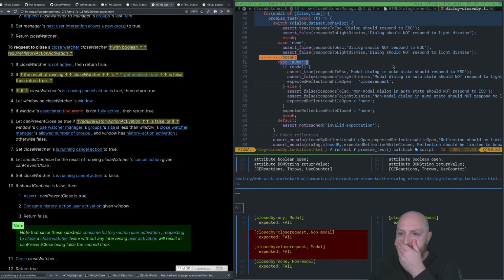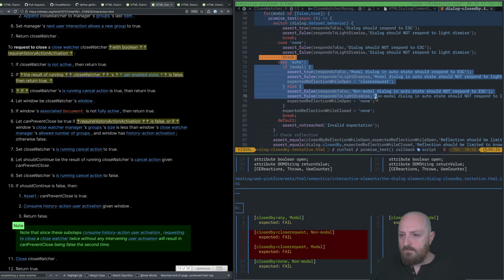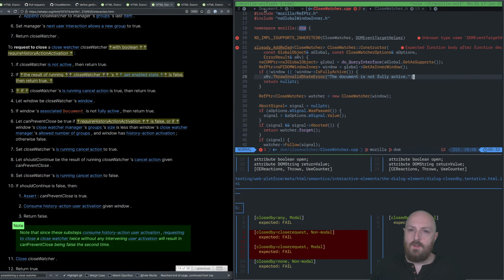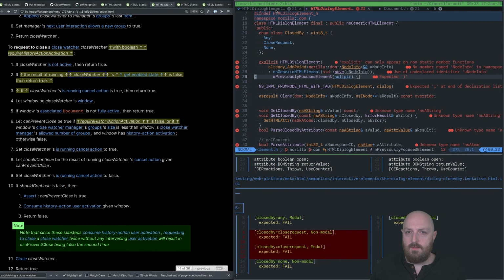Auto, if it's modal, respond to escape, but it shouldn't respond to clicking outside. If it's non-modal, it should respond to neither. Okay. So, to fix the none case,